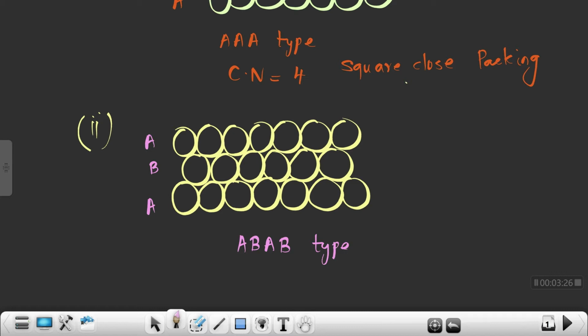Then next we will consider the coordination number of this type of arrangement. Here in this arrangement there is less free space and this packing is more efficient than the square close packing. Here each sphere is in contact with 6 other spheres. So the coordination number is 6. If we join these centers, we will get a hexagon. So it is called hexagonal close packing.